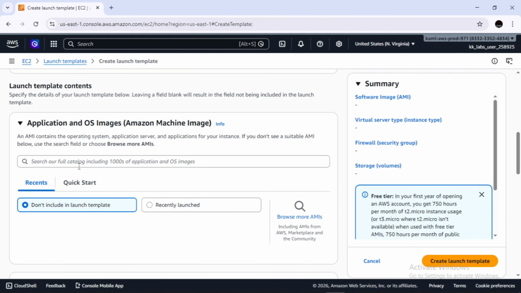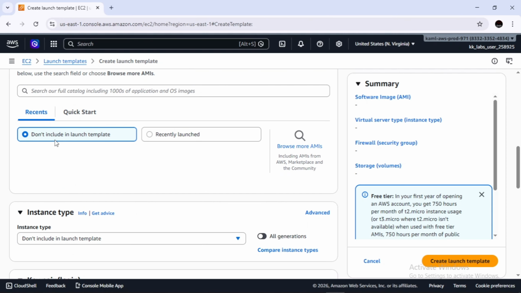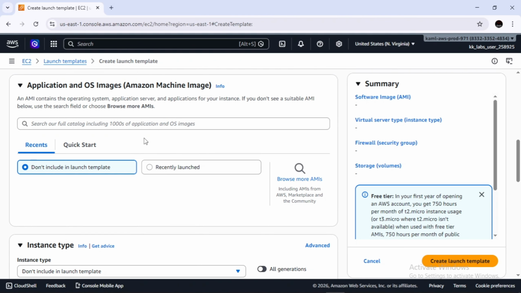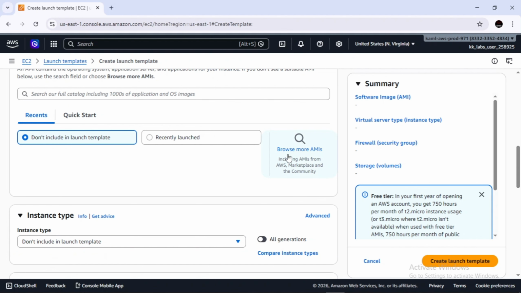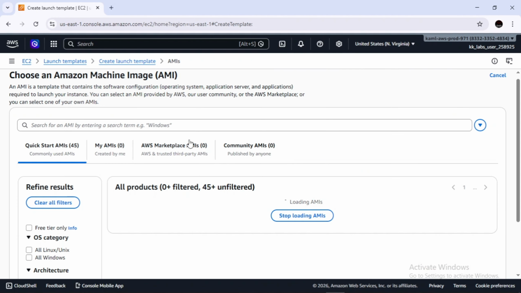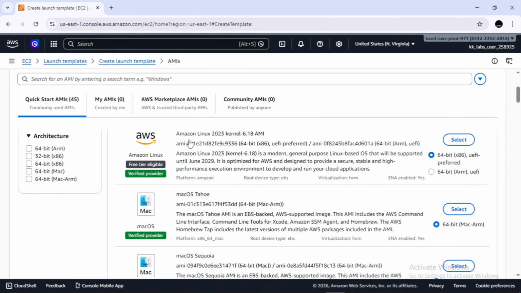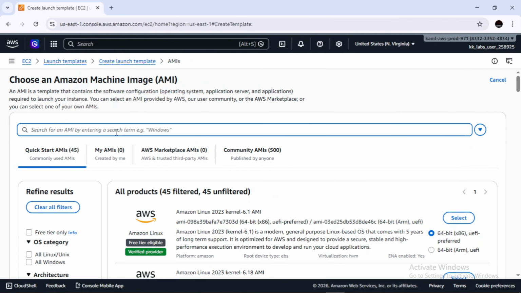In the application and OS images option, we can also select an AMI. I'm going to select the Ubuntu AMI for my launch template.